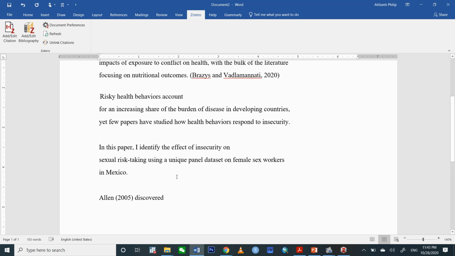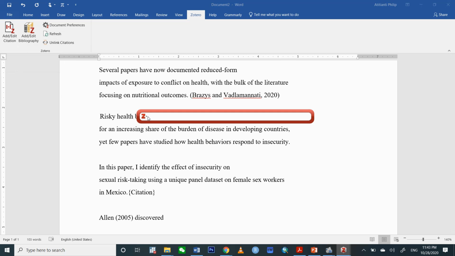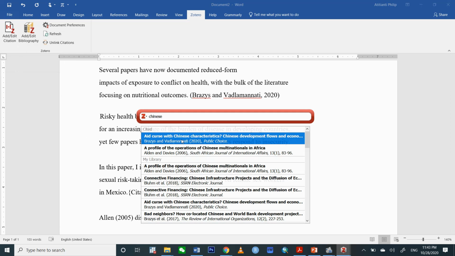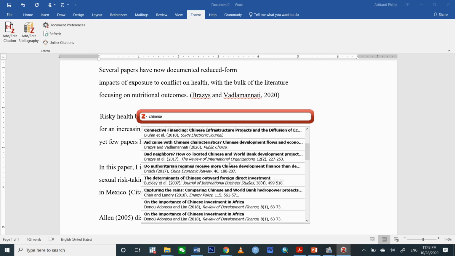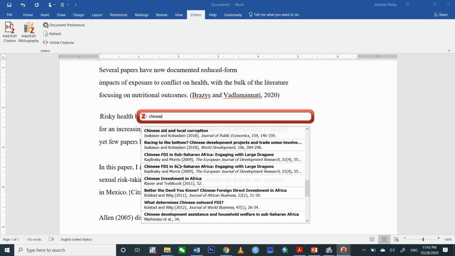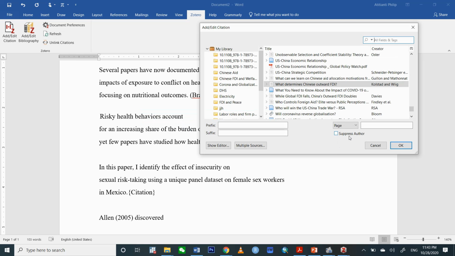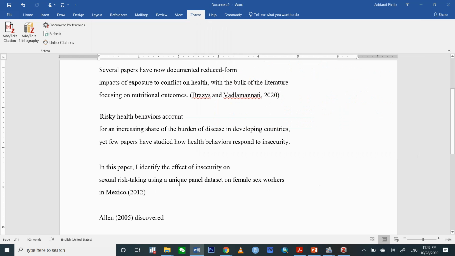To do this particular kind of citation, you just have to click on add or edit citation, and search for the desired document. Once you find it, just choose any of the documents. Let me choose this Costard and Rick document. I just have to click on the drop-down arrow again, choose classic view, and you see this option here, suppress author. Once I click on suppress author and click on OK, it now omits the author